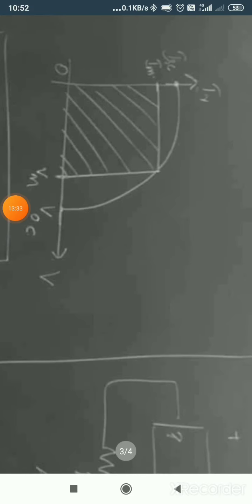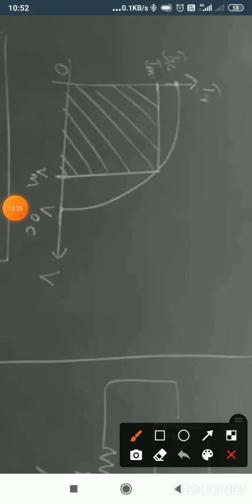So ISC and VOC: if we point out ISC and VOC, these are the operating properties of the particular p-n junction, that is, the short circuit current and open circuit voltage. That is a property of the p-n junction. If we conduct a short circuit test and open circuit test on a p-n junction, we will get VOC and ISC. If we join them, this will be the particular graph.